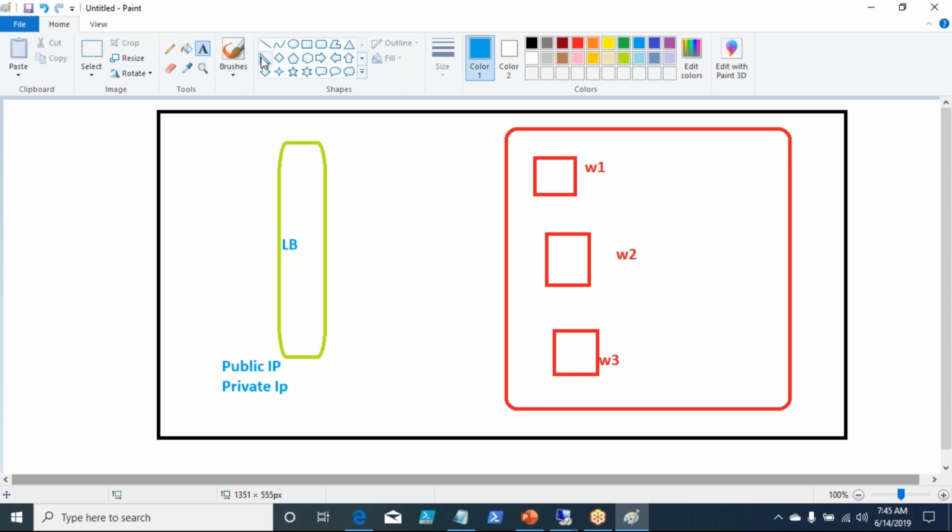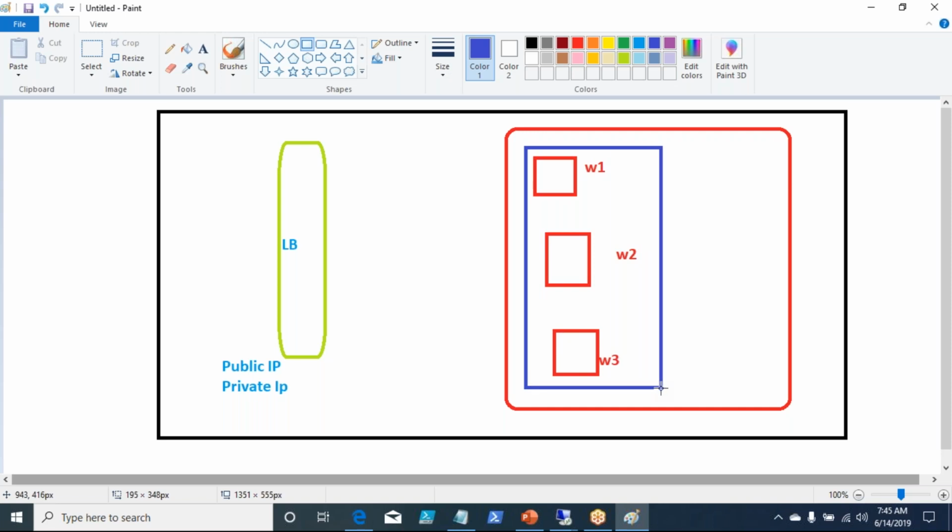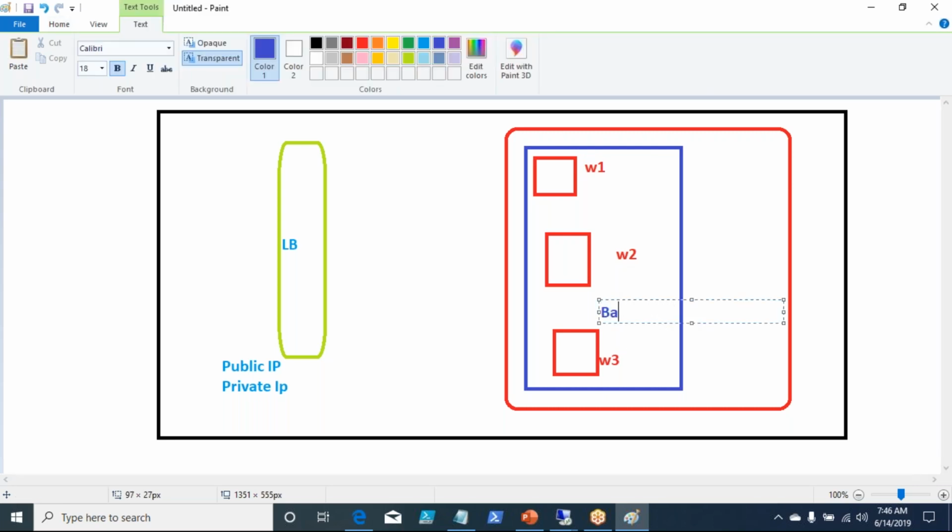This load balancer will also have something called a backend pool. This is your backend pool, a pool of resources to which this load balancer is configured.